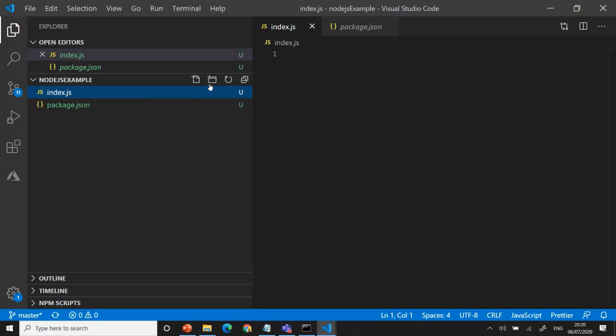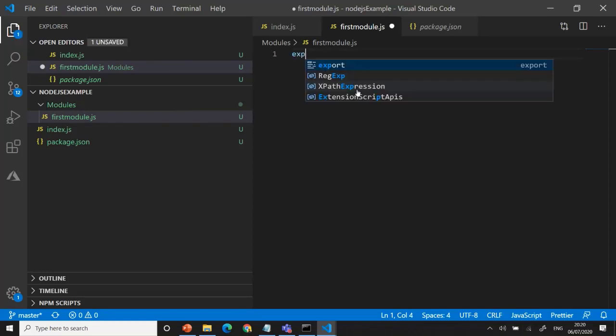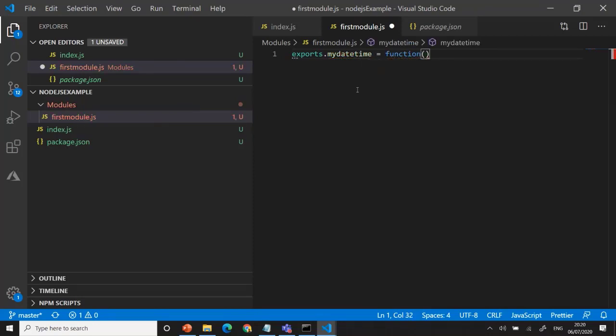Here I'll use some modules. Normally we create a folder called modules. Then I create one file, like firstmodule.js. This is a JS file, right? We can do a simple application. exports.myDateTime equals a function; you can write any return value with the date.